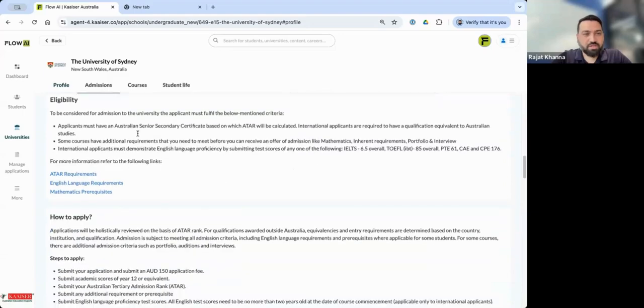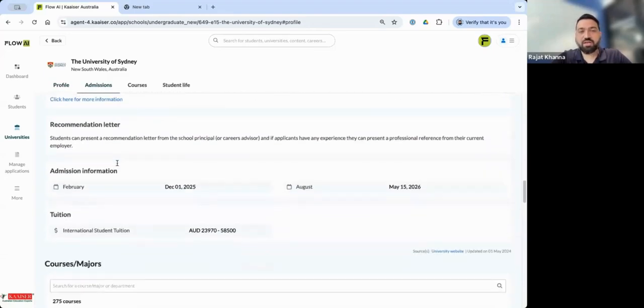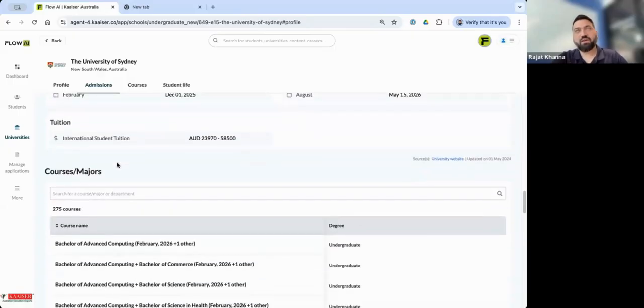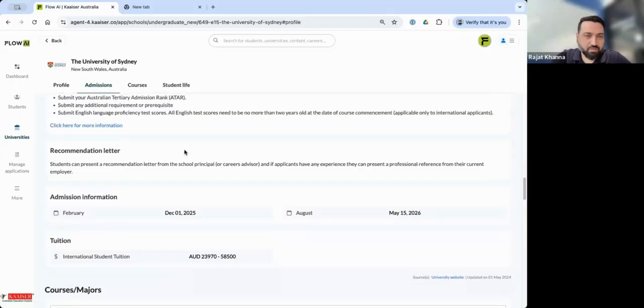The contact information, eligibility criteria, application detail, recommendation letter, admission information, tuition fee, everything which is important for your understanding and decision making, we have updated this. So for managing all this information on this platform, we have got a dedicated in-house team. We have set up a network of crawlers on these universities that whenever there has been an update on these 20 or 25 fields on the uni website, we get a notification and within like 24 to 48 hours, we update